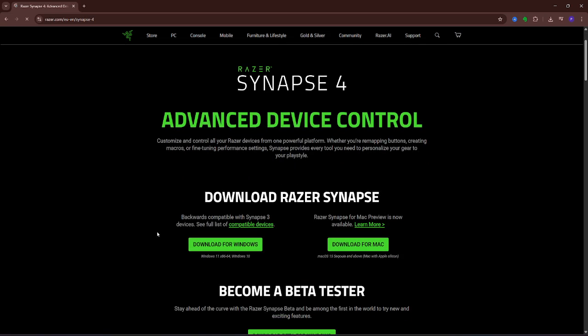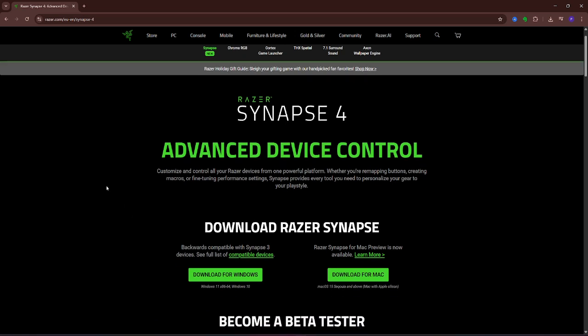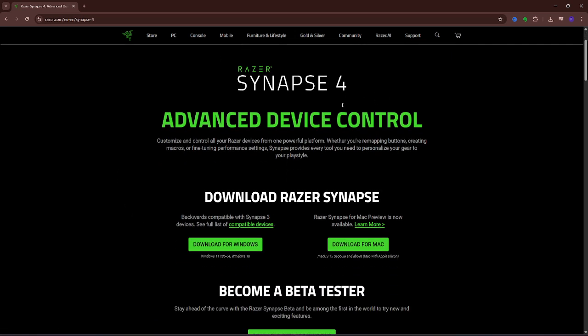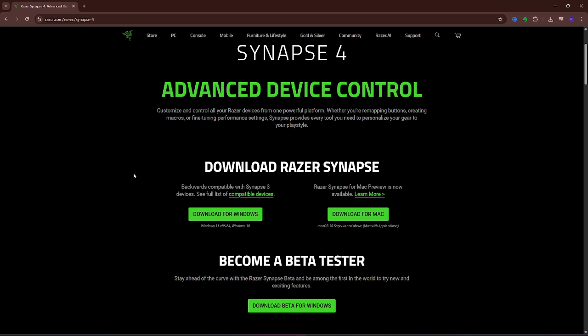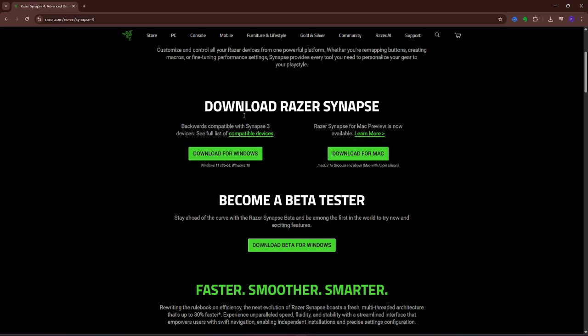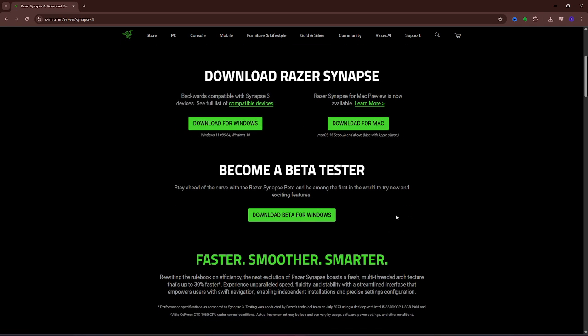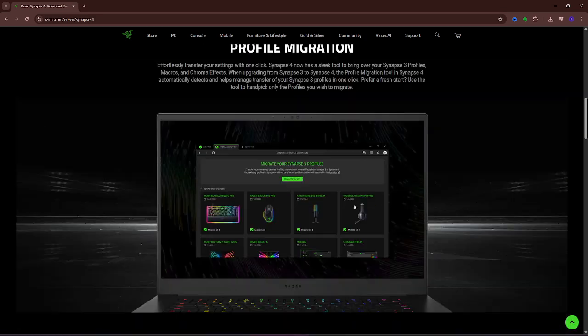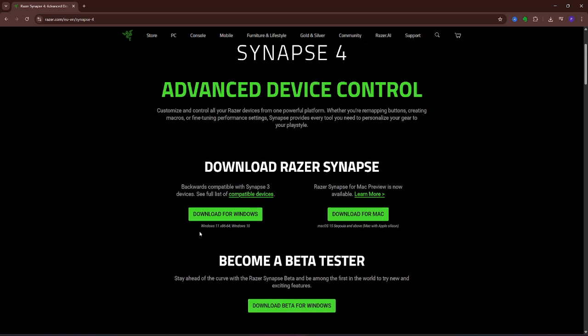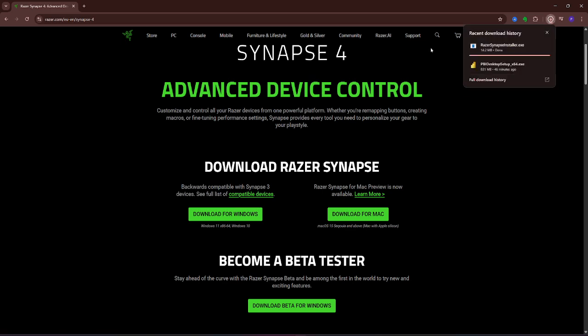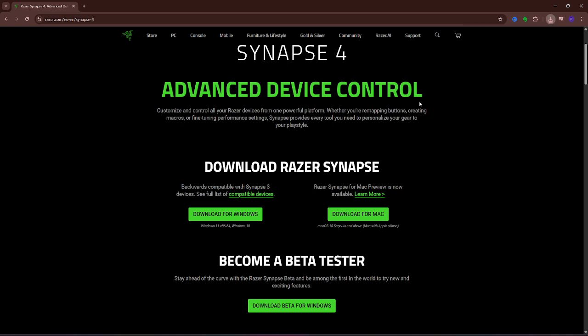Click on that and you will see Razer Synapse 4 Advanced Device Control, and down here you will see options for Mac, Windows, or you can also download some beta versions. So if you have Windows, click on that and this will start the download. When it's all complete,